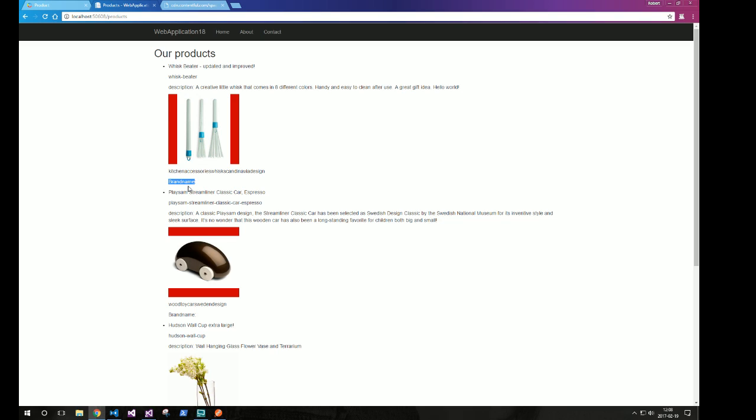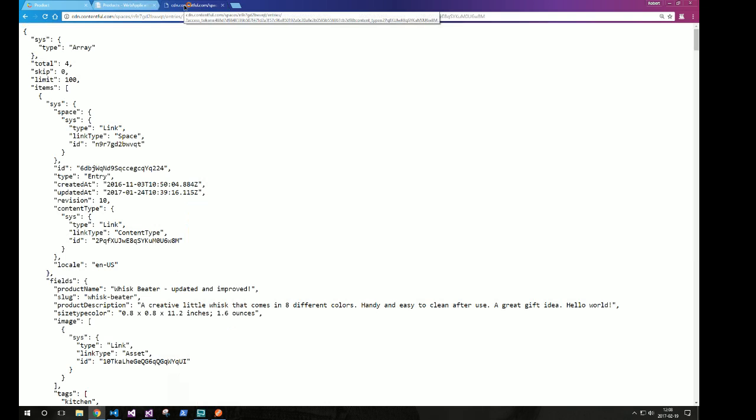at the JSON response that we get from Contentful. And I have that open right here. We're basically making this request right now. This is our space ID, this is our access token, and then we're saying, and this content type. So that's our product's content type. And we can see here that we're getting 4 items back. And if we have a quick look at the first item here